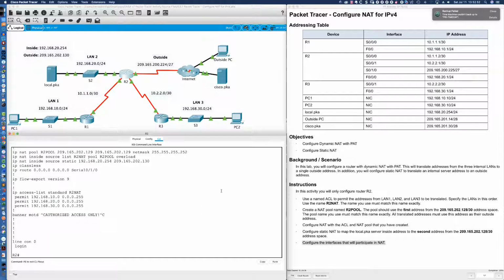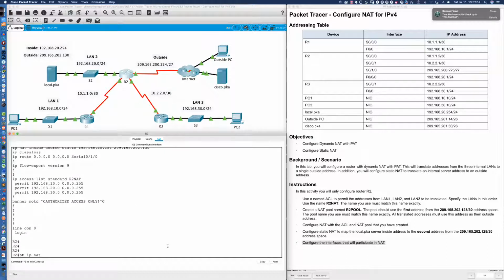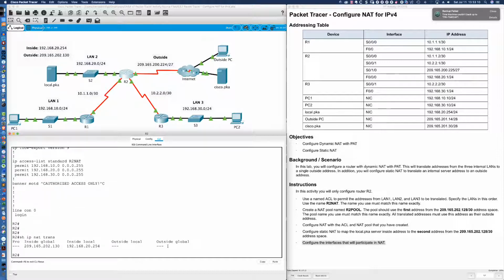So now let's go ahead, and what we could do is just do a quick check here. If I say show ip nat translations, what are we going to see? Is it going to be empty? Or is it going to have at least one entry? And it's going to have that one entry that we're familiar with, and that is going to be the static NAT entry that we've placed in here. And you can see there it is right there. It's statically defined. Therefore, we don't need the outside local and outside global information on the static definition. So there it is right there.